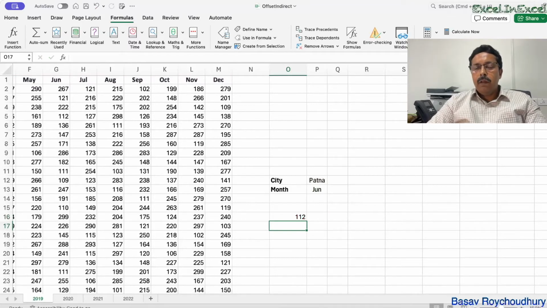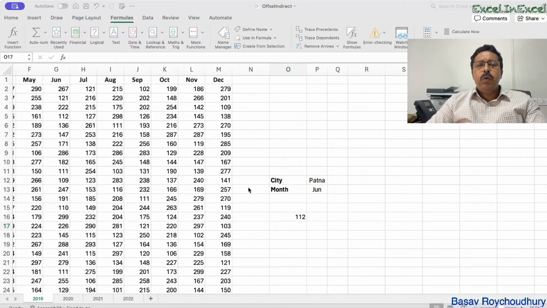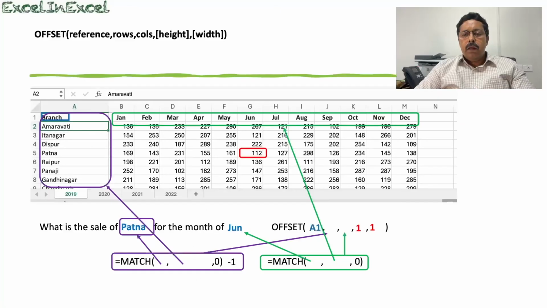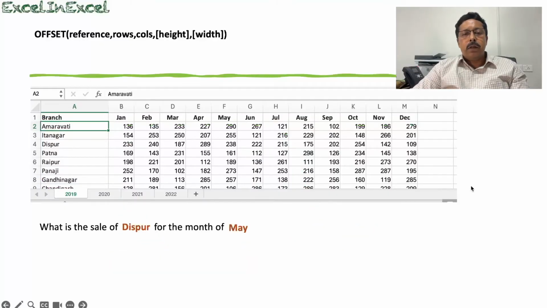But if you look at this reference cell, it's not necessary that the reference cell will always be coming on the left hand side. It's very possible that we might want our reference cell on the right hand side. So, for example, going into the same problem again, that I want to see what is the sale of Dispur in the month of May,